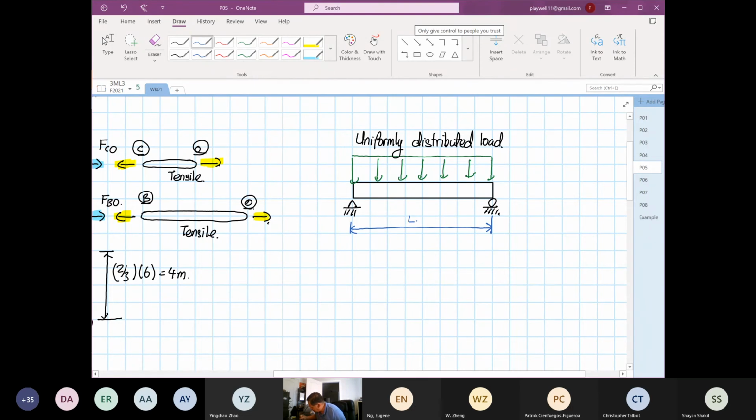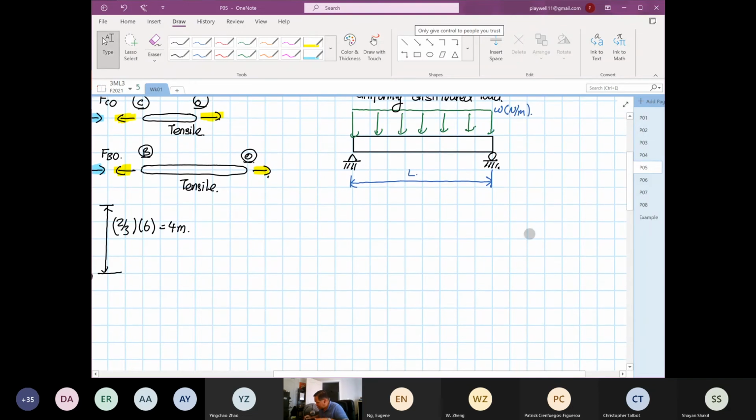And the distributed load is omega, and the unit is Newton per meter. Okay. So mathematically, if you were to look at the distributed load trend, or diagram,